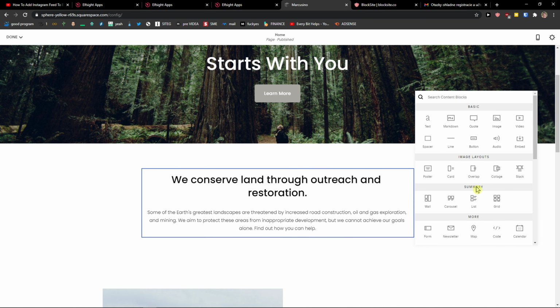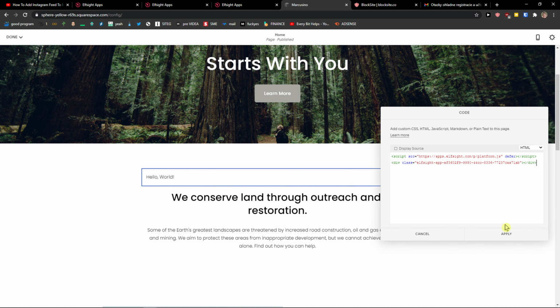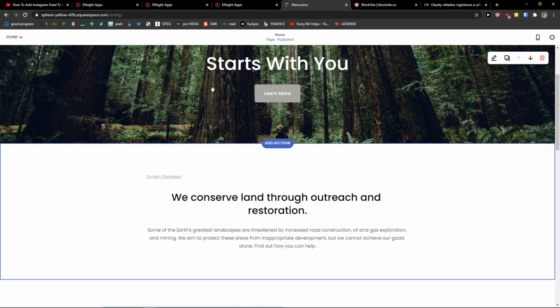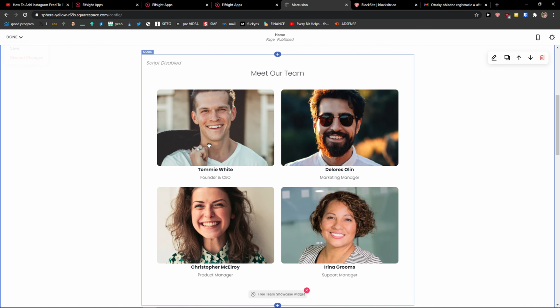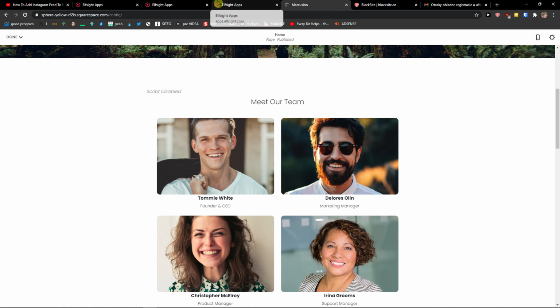So same thing, plus, code and paste the code here. And just click done and voila, here you got it. So this is how you can add simple theme showcase to your